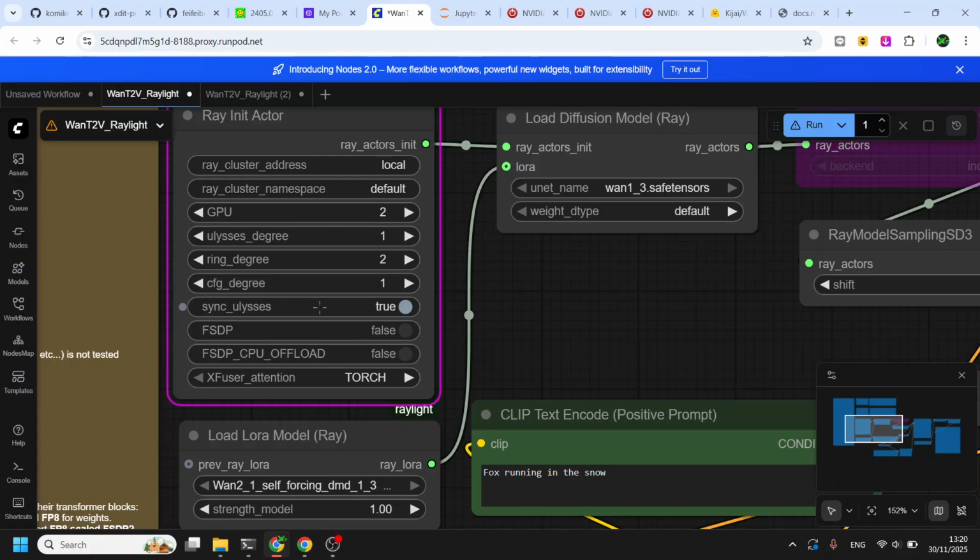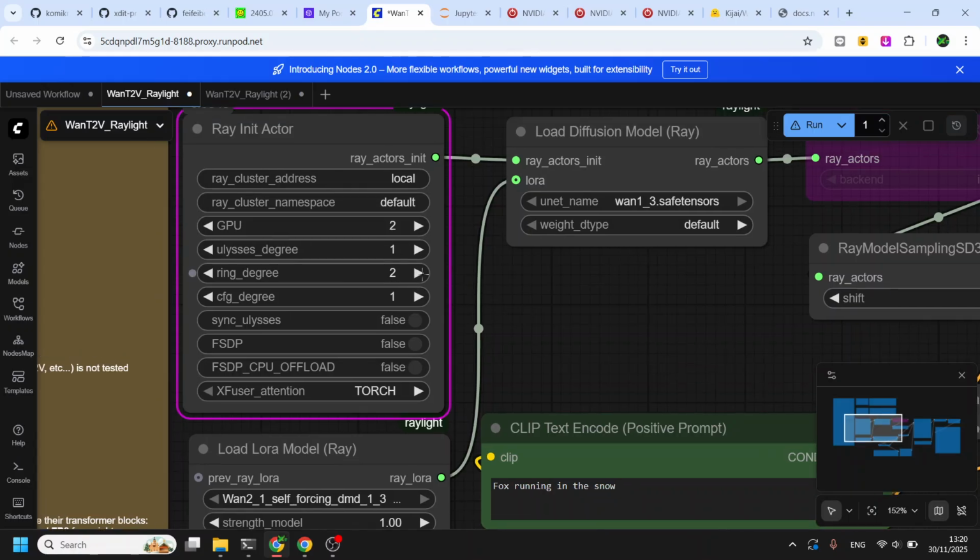Some users reported that using sync Ulysses will fix the VRAM leakage problem, but some users, including me, report that it is not working. So why would we increase ring instead of Ulysses?